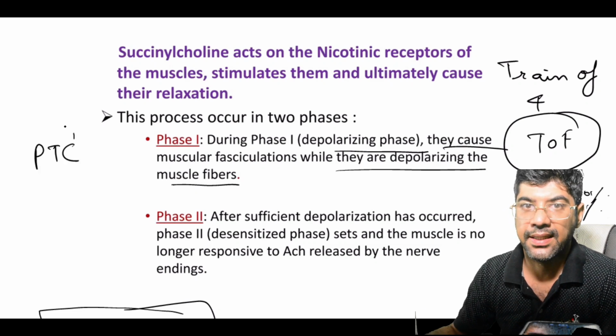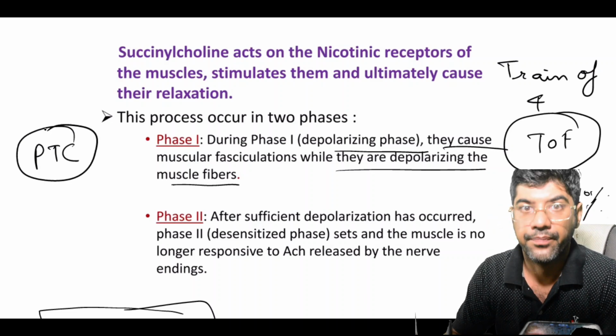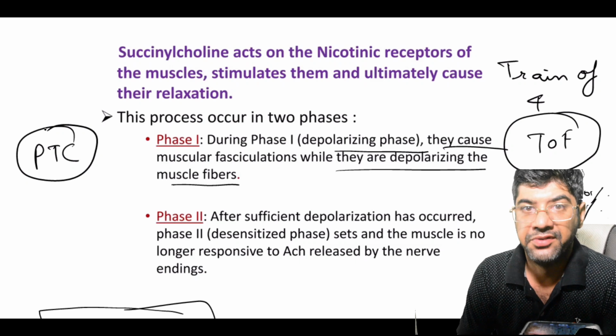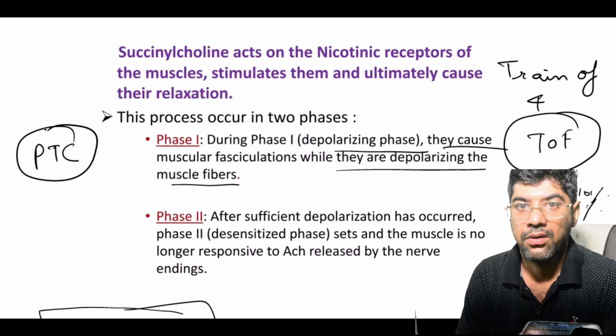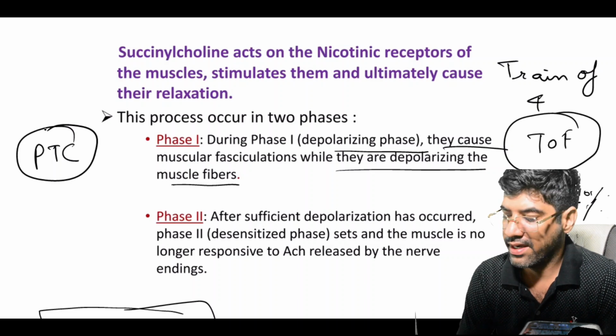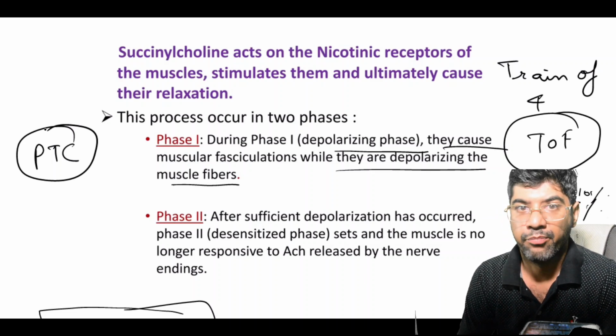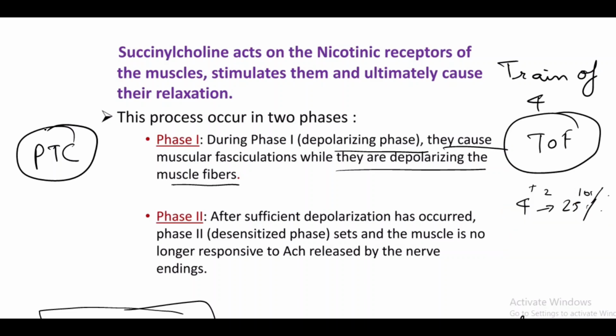What is post-tetanic count? It is used in clinical settings to estimate the depth of neuromuscular blockage and guides the administration of additional drugs. So what does a TOF, train of 4 ratio of 0.25 indicate? That indicates that there is 25% recovery from the neuromuscular blockage.